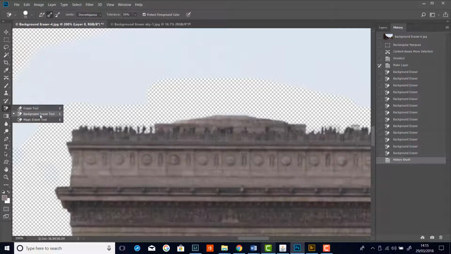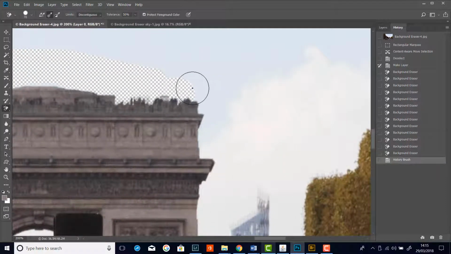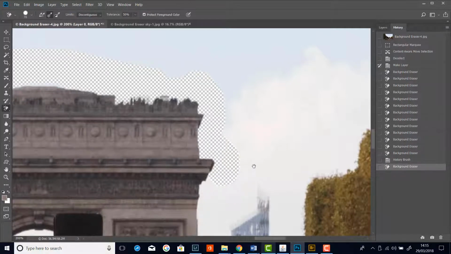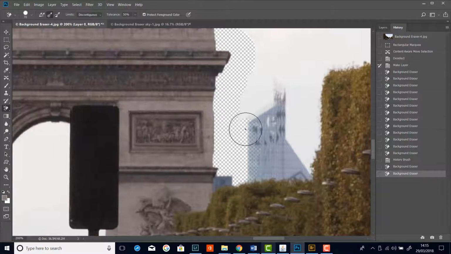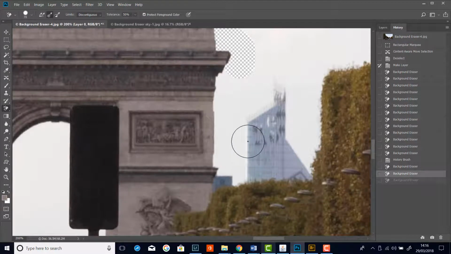So we'll go back to my background eraser tool again. I'm going to spacebar drag, and then I'll see how we go down this side, and that's looking pretty good. It's protecting them tones, and then oh, look at this, we've got a problem with this blue building. Okay, let me just go back, and then we'll take a sample. So I'll hold the Alt key down and click in this blue,